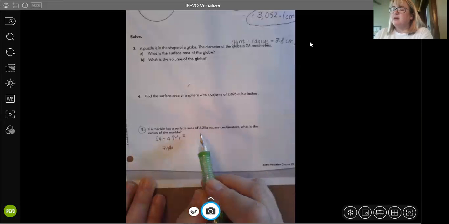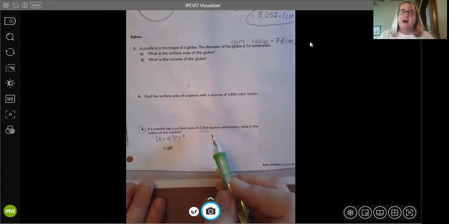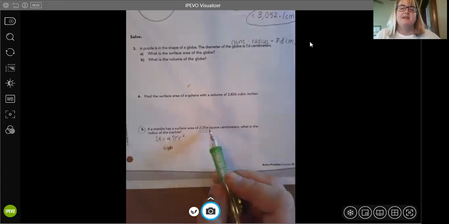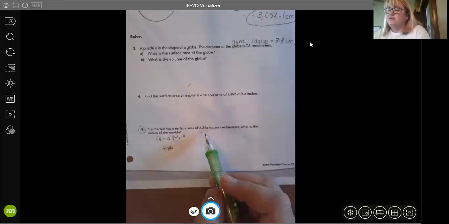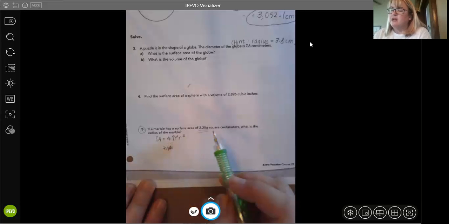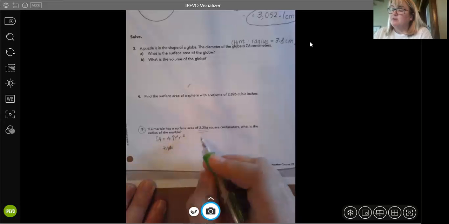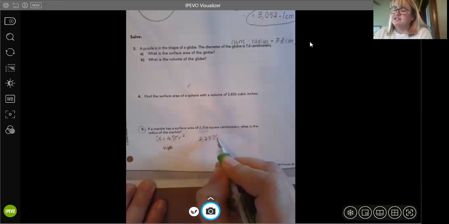And what got my attention is the use of pi in the problem. Because pi is part of the problem, we're finding an exact answer. And I'm kind of excited when I see that because I can just leave that as a symbol and I don't have to use 3.14. And I'll show you what I mean. Okay, so this is our formula. Let's put in what we know. We know that the surface area is 2.25 pi. So I'm going to write 2.25 pi. That's the surface area.